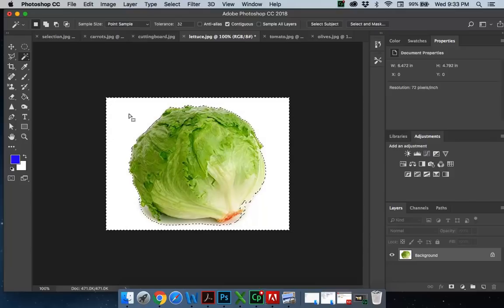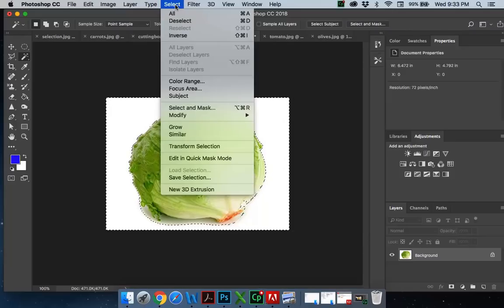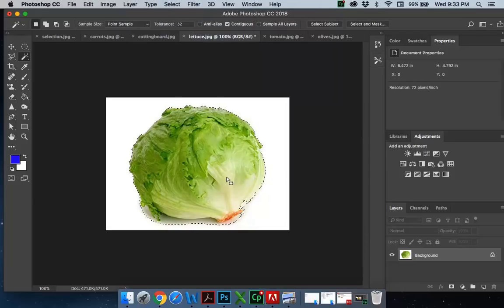But now I want the other side of the picture, the rest of the picture. So in this case, we're going to click the select menu and inverse. It just reverses our selection. So now I have the lettuce selected. To get rid of these parts, we're going to use